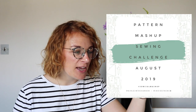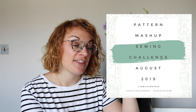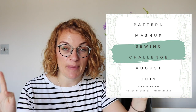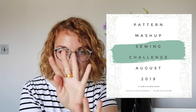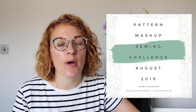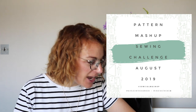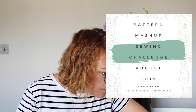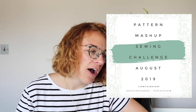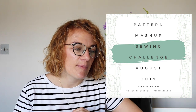The second one is done by Girls in the Garden. It's called the Pattern Mashup. I really like the idea of this. So what it is, you use 2 patterns, mash them together, see what they did there, and share a picture of it. There's lots of prizes that can be won as well. The hashtag is social mashup. And yeah, I'll pop links again so you can go and have a bit of a read, but